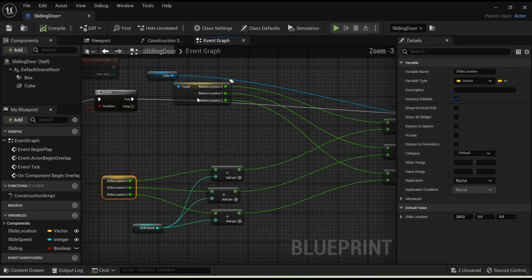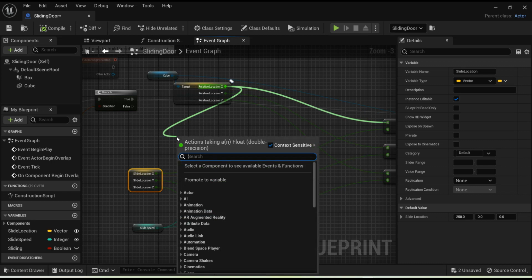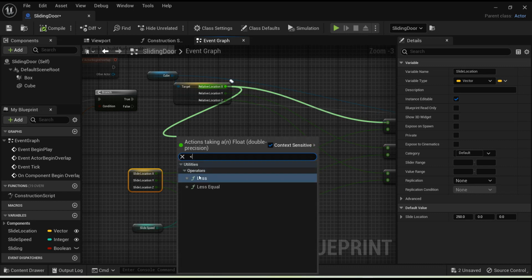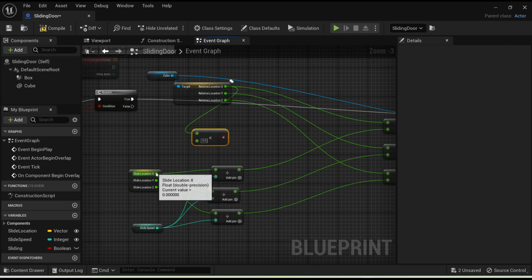So let's compare both of these. If x is greater than that and y is equal to or greater than that, so we will be doing less than that. Actually, less if it is just less than that. So we will be comparing. If it is less than that,